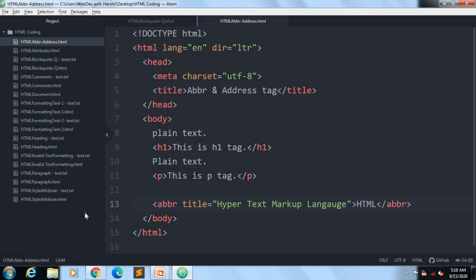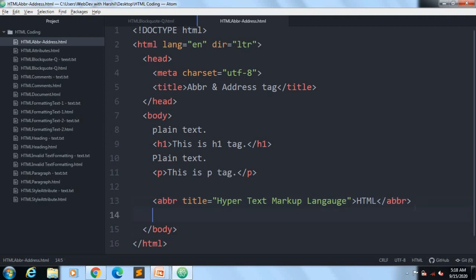Now we will move forward to the next one, which is the address. You can see we have the address suggestion, and it is telling me that if you want the class attribute you can write it, or else you can delete it.